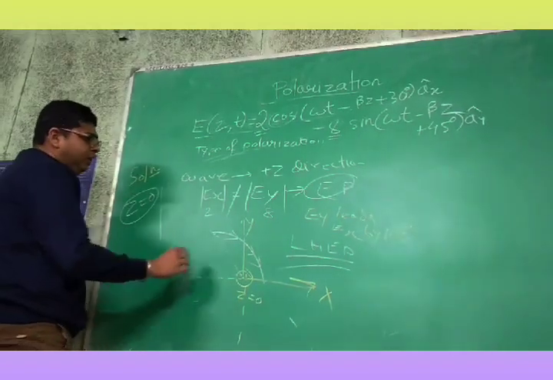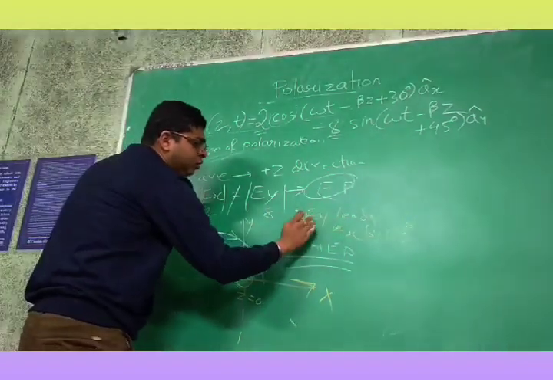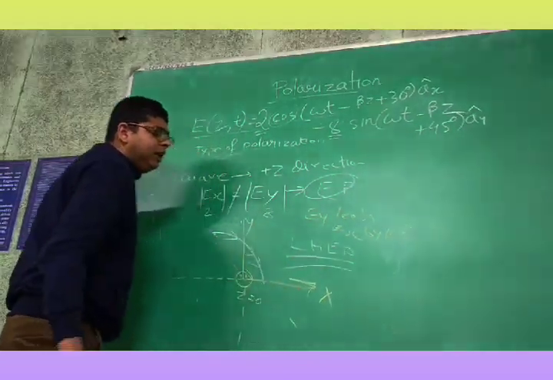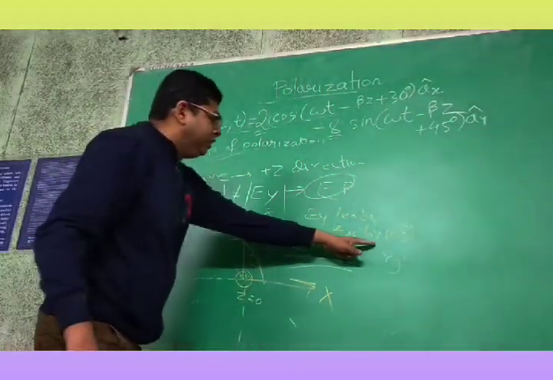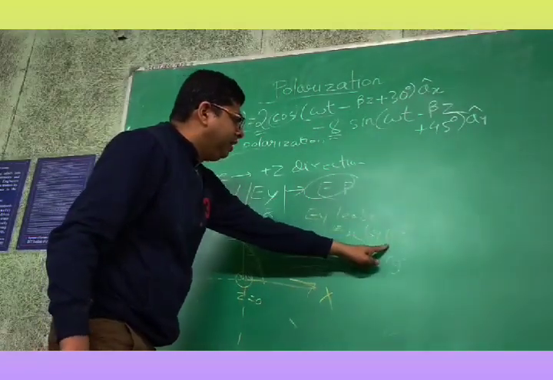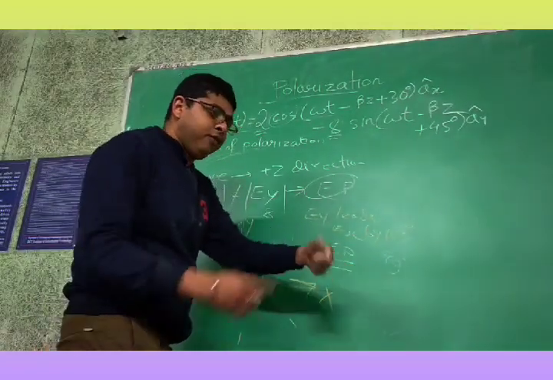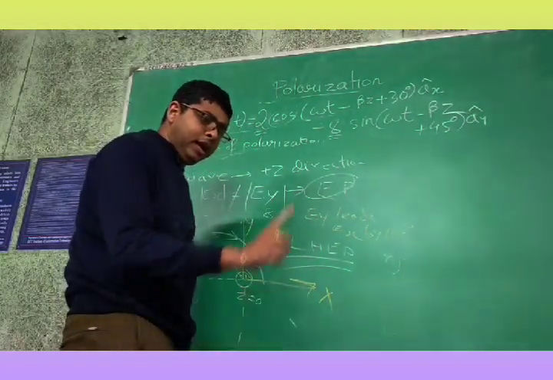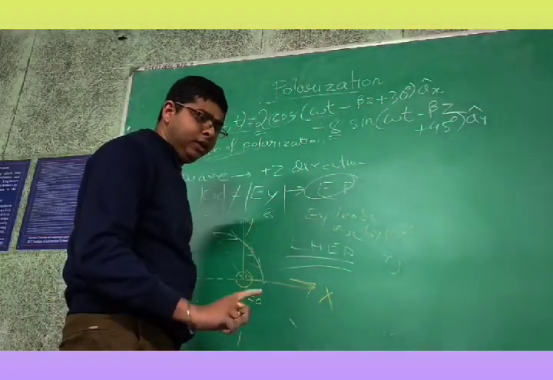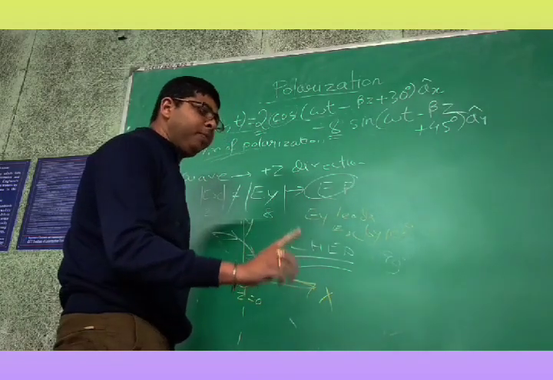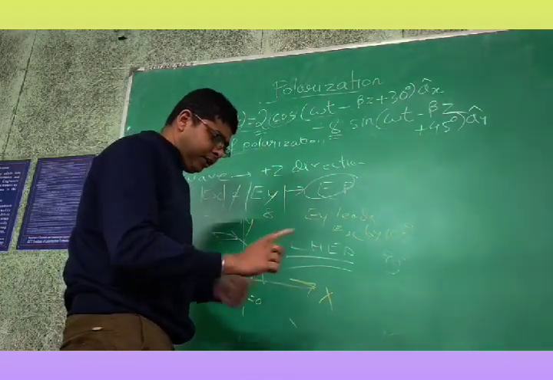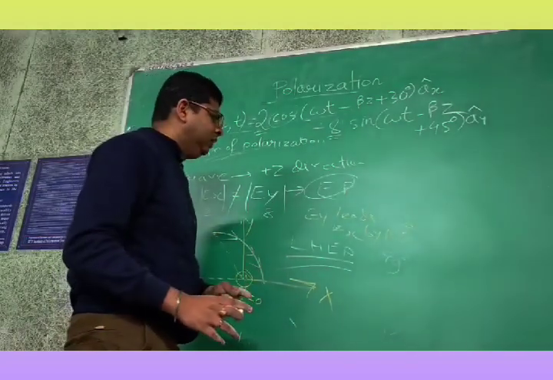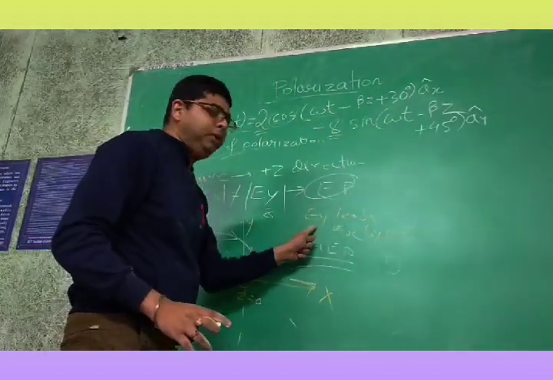You can see that it is not always necessary that the angle between these two components has to be 90 degree. It is not mandatory. It can be anything. If it is something different from 90 degree, of course it will be elliptical polarization, because for linear we know that the angle should be 0 or 180 degree. For circular we know that the phase difference should be odd multiples of 90 degree. But other than that, it has to be elliptical